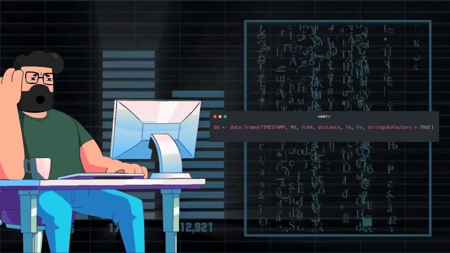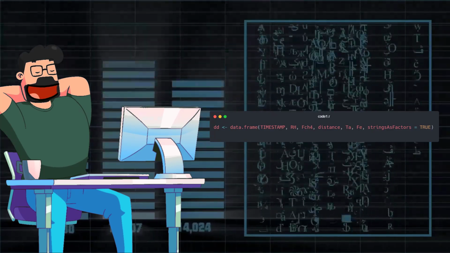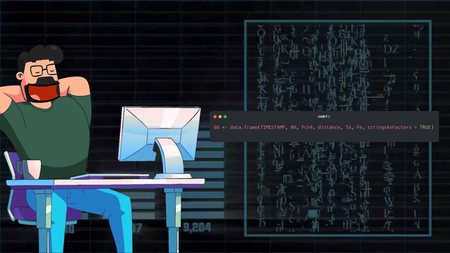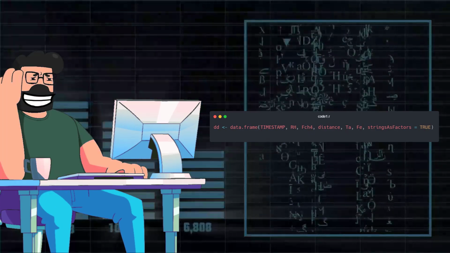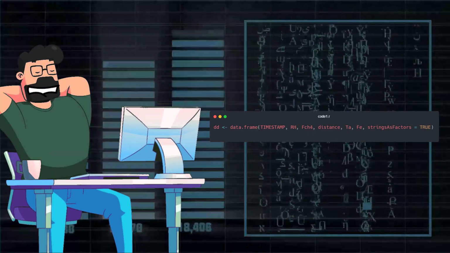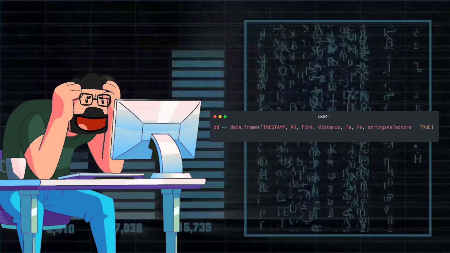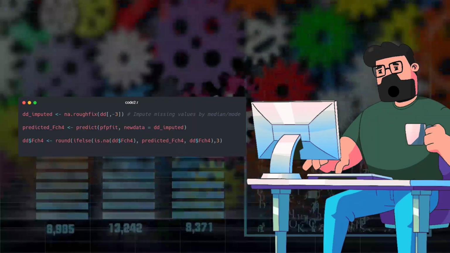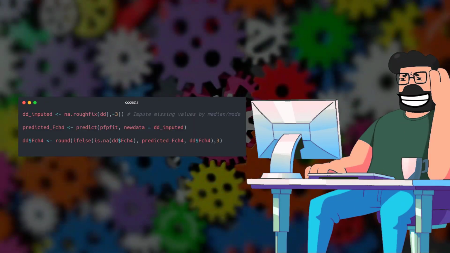To tackle this issue, we start by creating a data frame DD with columns such as timestamp, RH, Fch4, distance, ta, and Fch, with the stringsAsFactors parameter set to true. Moving forward with the solution, we then proceed to impute missing values in the Fch4 column by using the na.roughfix